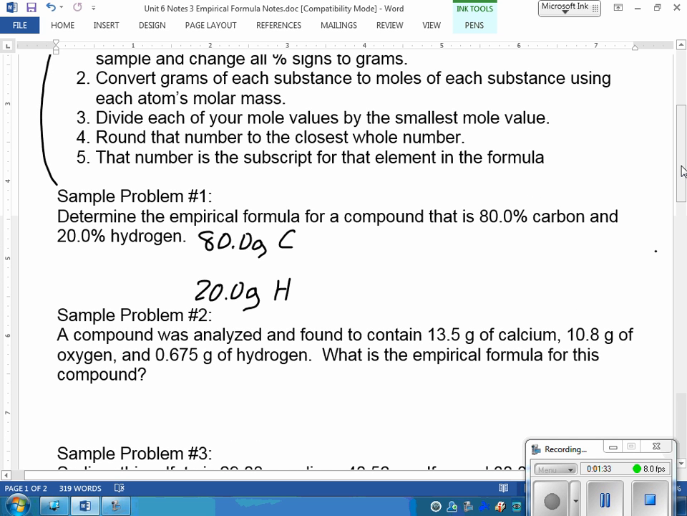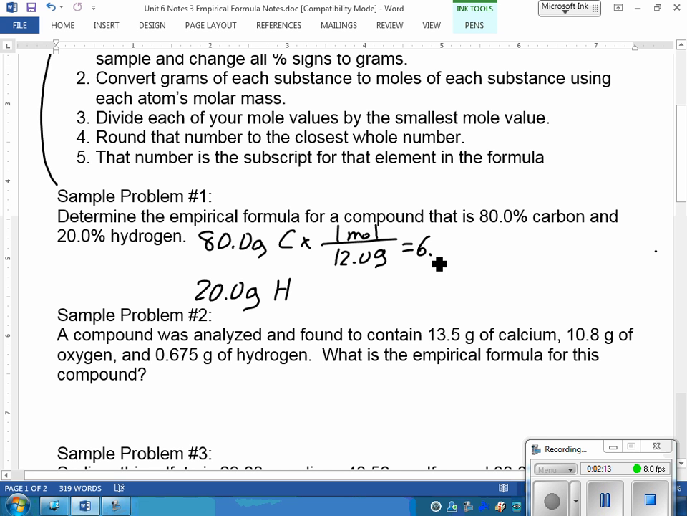It tells us to convert the grams of each substance to moles. Well, we've done that a million times by now, so that's pretty simple. We want to get to moles, so the units of grams go on the bottom. And we know from looking at the periodic table, for carbon, it is 12.011, so rounded to one decimal place is 12.0. And we want to get to 1 mole. So what is 80 divided by 12? It comes out to be